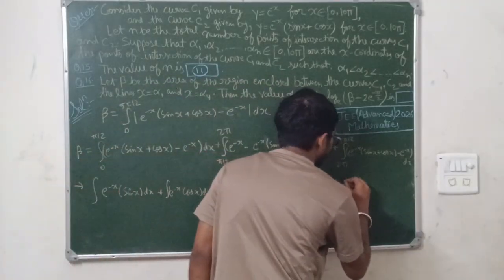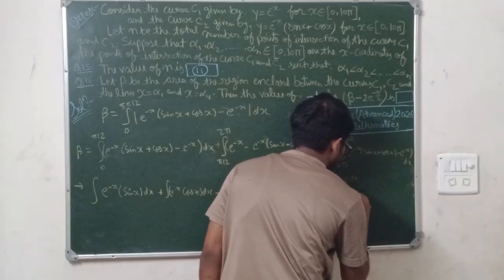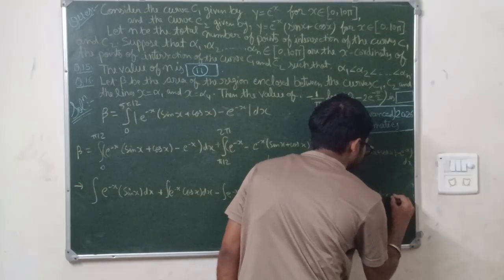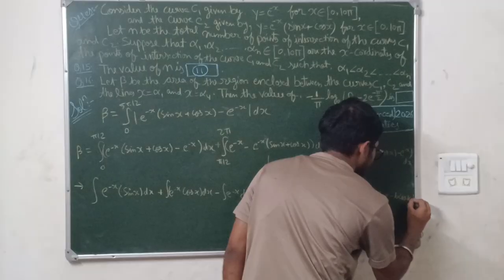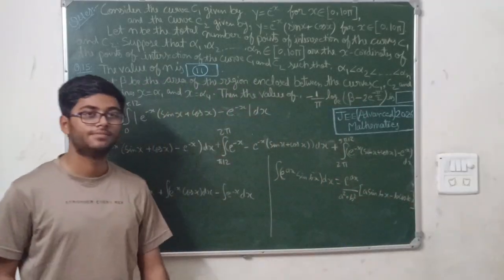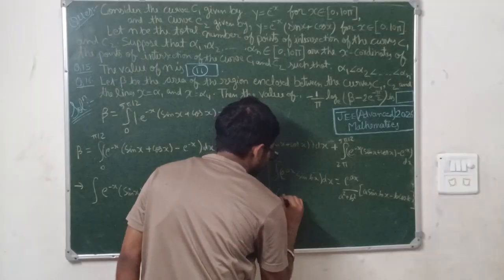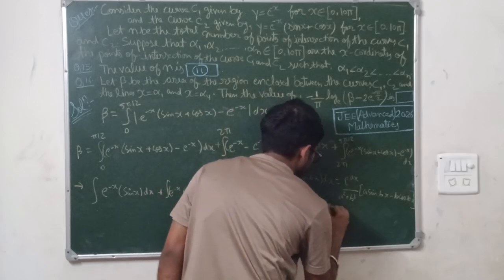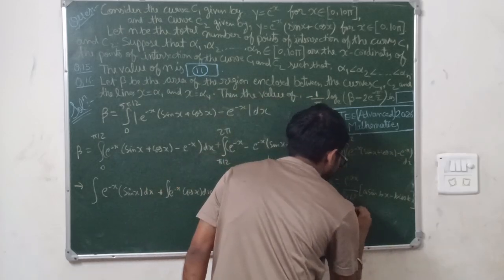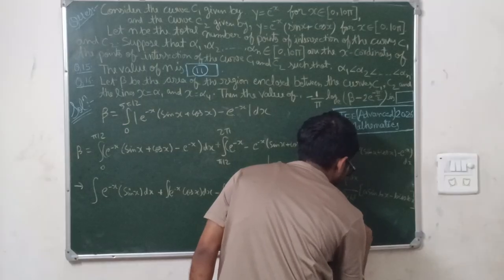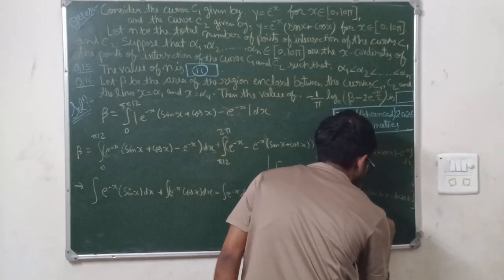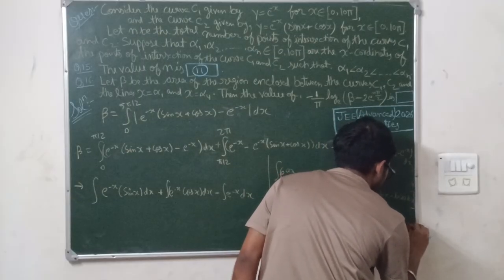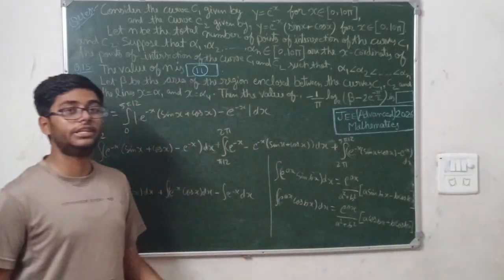So what is the integration of this? It is nothing but e to the power ax upon a square plus b square, times (a sin bx minus b cos bx). This is the standard integration. And for e to the power ax cos bx, it is e to the power ax upon a square plus b square, times (a cos bx plus b sin bx). This is the standard integration. Okay,